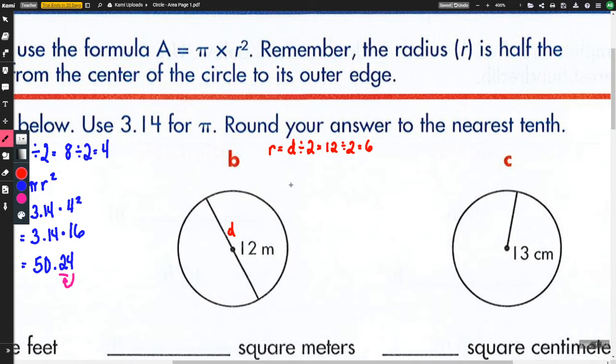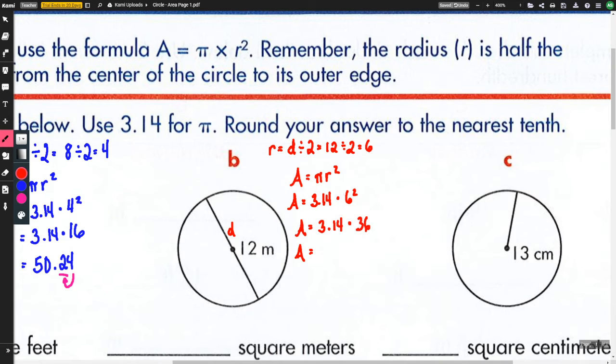Now I plug it into my formula. Area equals pi r squared, where pi is 3.14 and r is 6. I know 6 squared is 6 times 6, which is 36. And I get for my answer,